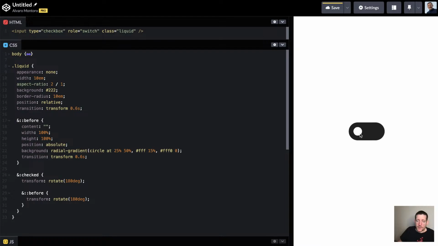So you see, we're flipping the whole thing. And now we have another problem: if you notice, the check mark is always on the same side all the time. That's because we are rotating 180 at the same time. So what we want to do is counteract those 180 and do another 180. So instead of that, we're going to do minus 360. And with that, we already have a cool effect for the toggle switch, a cool animation, but it's not really